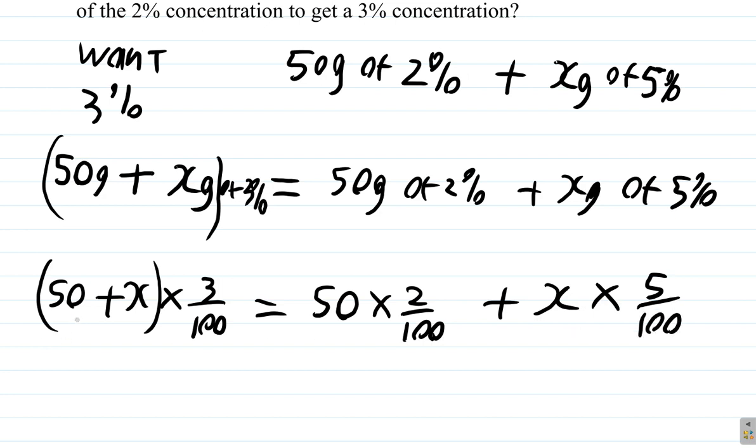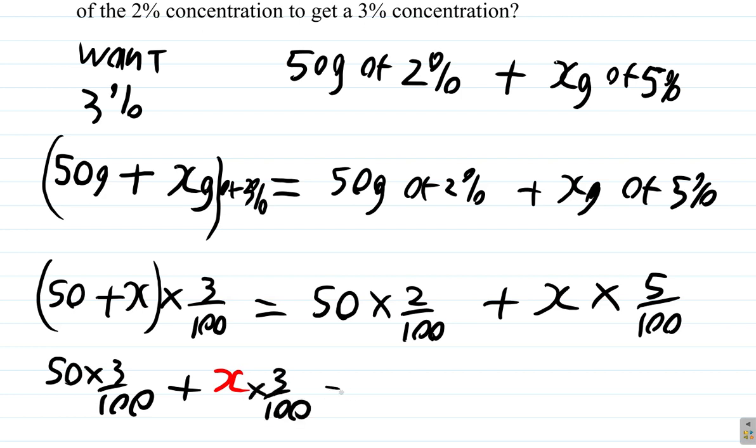Now, let's multiply them out. 3 over 100 by 50. So you have 50 times 3 out of 100, so you multiply here. Then you multiply the 3 out of 100 by X. So it's plus X times 3 out of 100 is equal to,